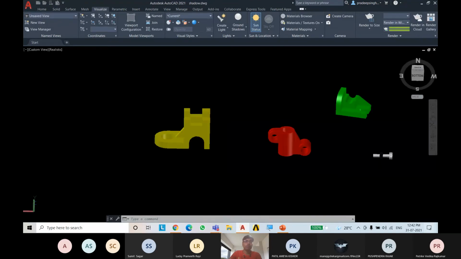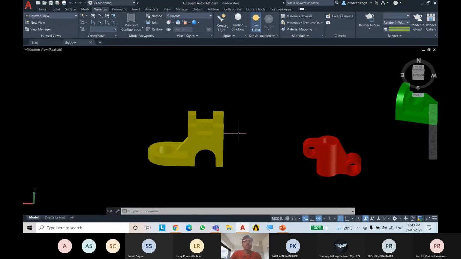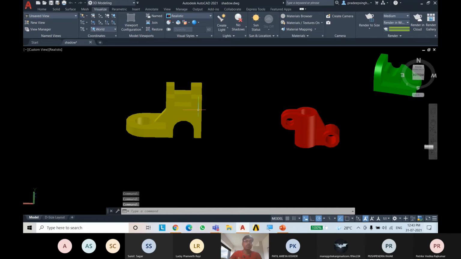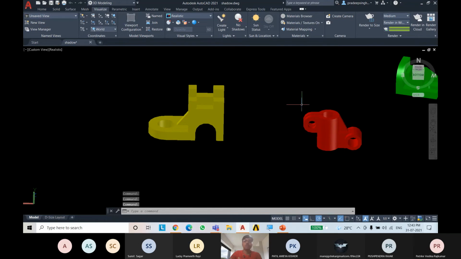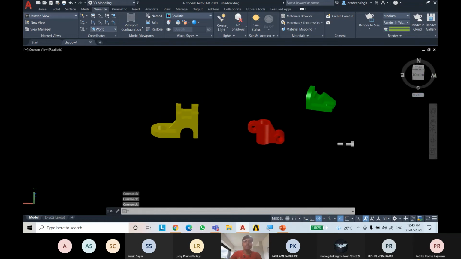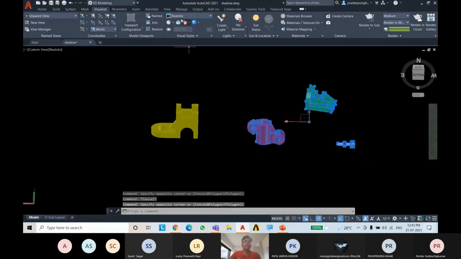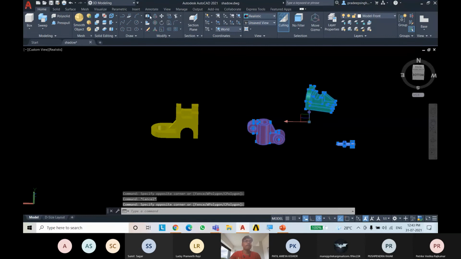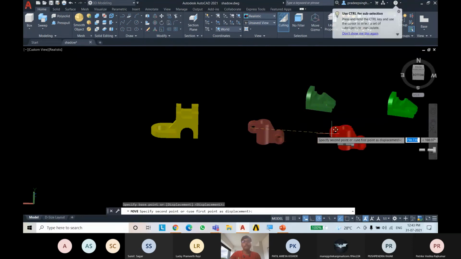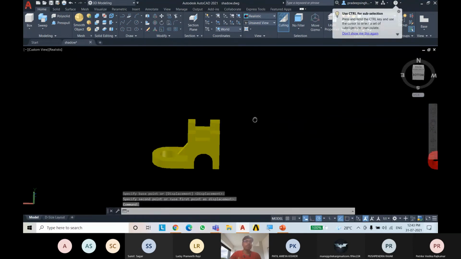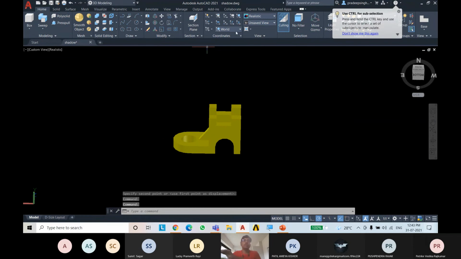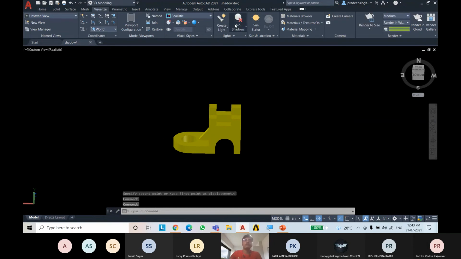For any object like this, first of all, so for showing you this shadow and sun status, I will be using this solid model.